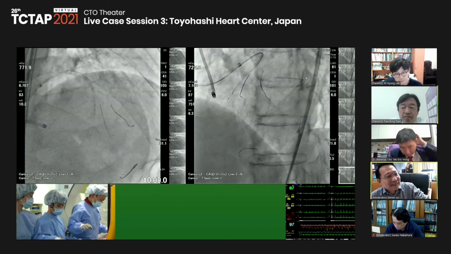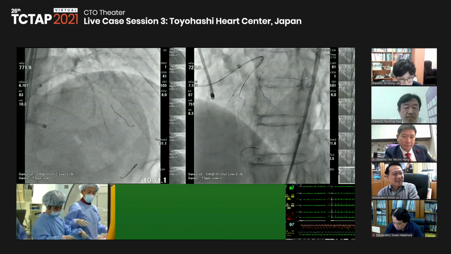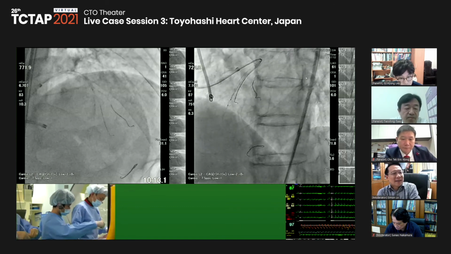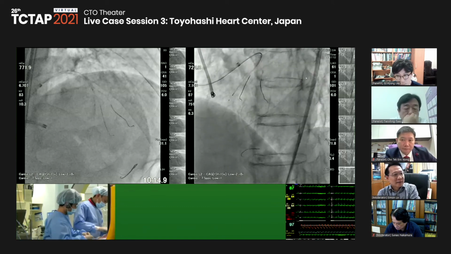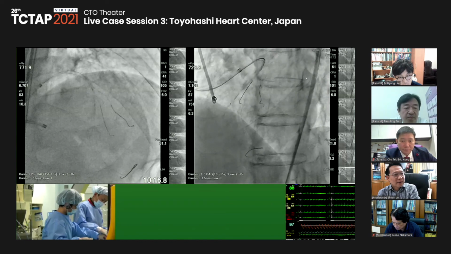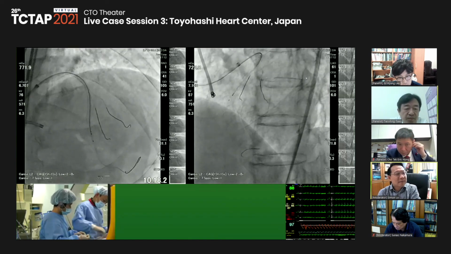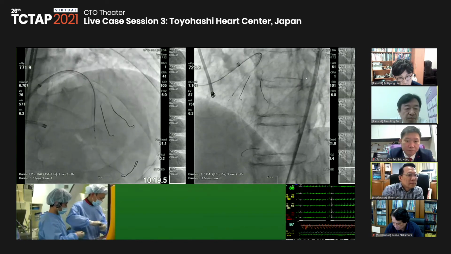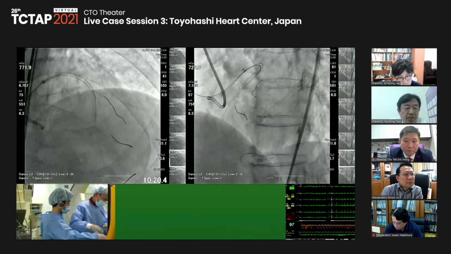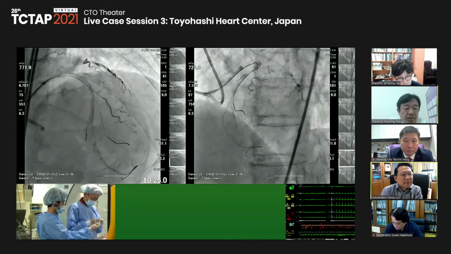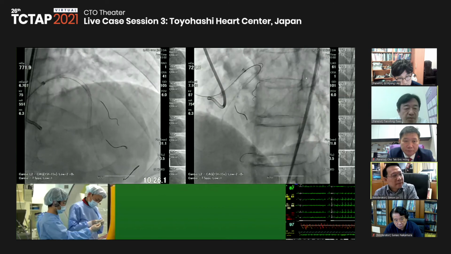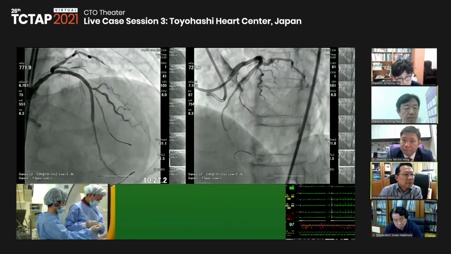Uh-huh. So I will use a 3.0 and a 2.5 for the final kissing inflation. And then maybe the final POT dilatation by 3.5 or 3.75 or something, according to the IVUS findings. Okay.